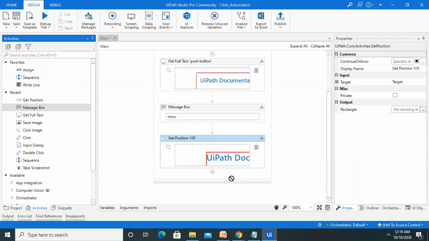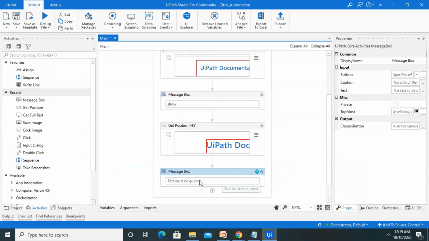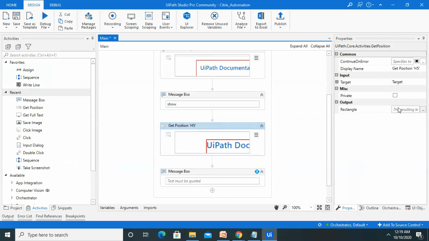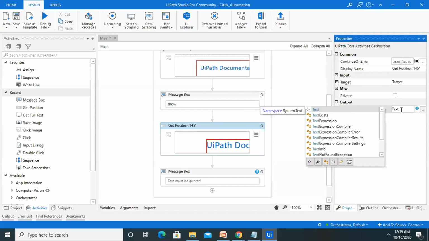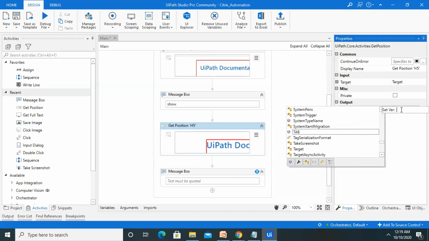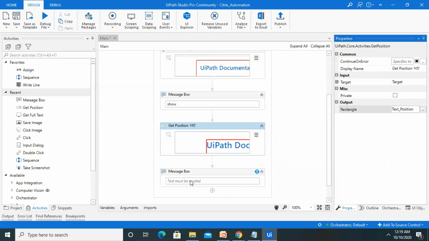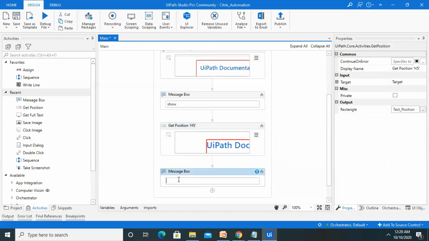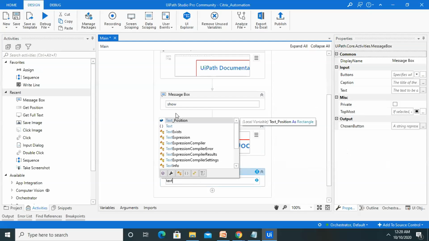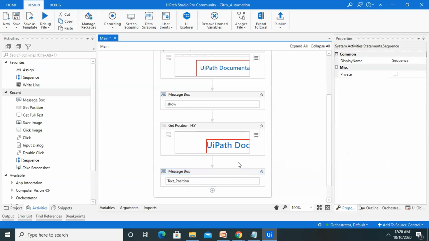So let's drag and drop one more activity here, and for specifying the position we just have to create one variable. Now let's run this.